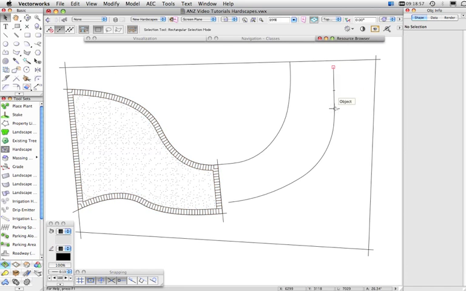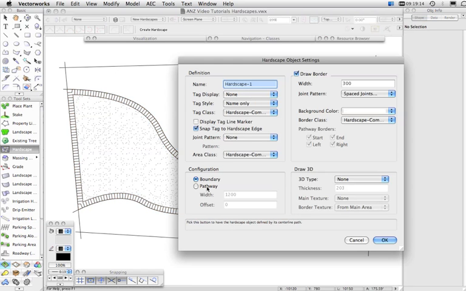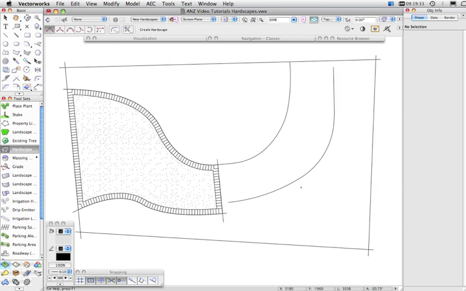Now let's say that along this line we want to create a path or a pathway object from a hardscape. Again, the first thing we do is go to the hardscape tool and set it up for what we want it to look like. So we need to set it to a pathway, and set up where we want the pathway borders to be, the border width, and what we want it filled with, and so on. Again, we've just set it to this, leave the path at 1200, click OK, and now we're ready to convert this line into a